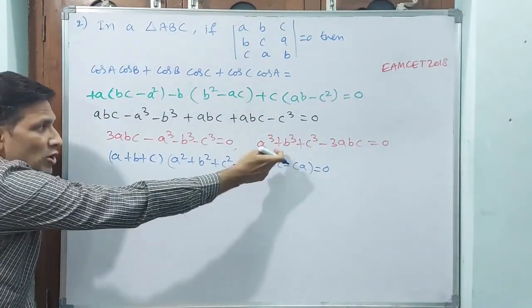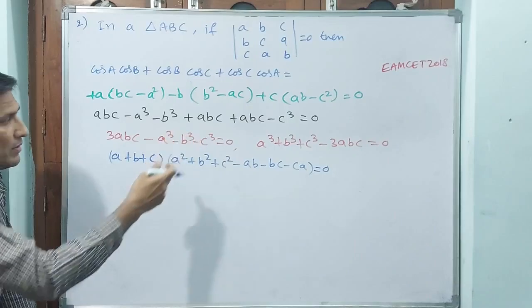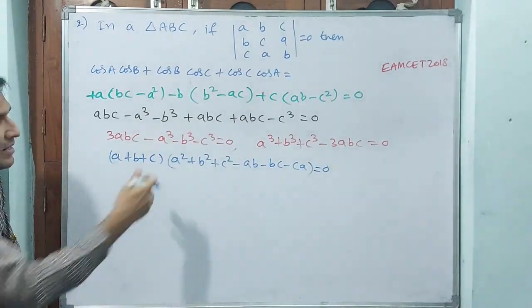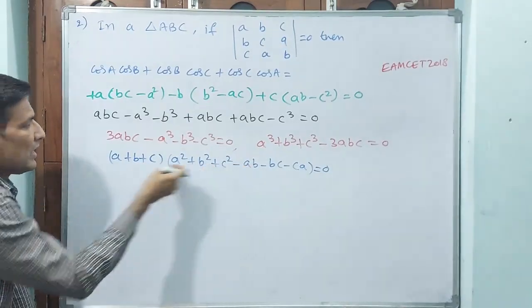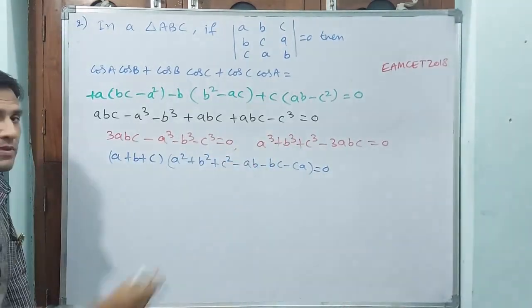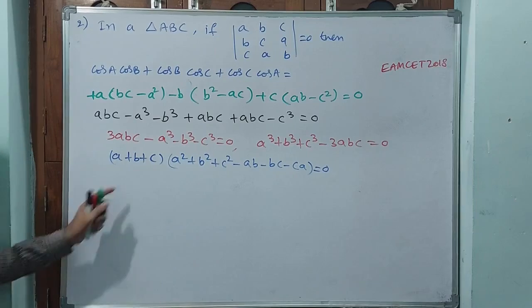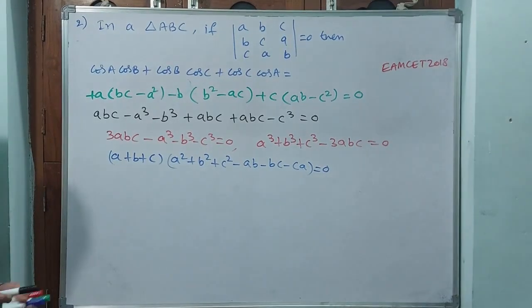If you multiply this, automatically it is going to come A³ + B³ + C³ minus 3ABC. See, A cube will come, B cube will come, C cube will come. Remaining is minus 3ABC. Remaining terms are going to get cancelled out. Okay, see, here what will happen if you observe carefully.